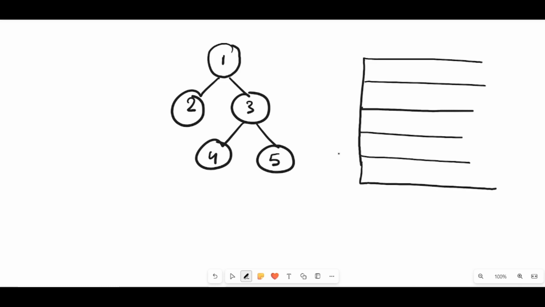And we will have ceil of log 5 to the base 2 columns, and that would be 3, right? Because 2 raised to the power requires